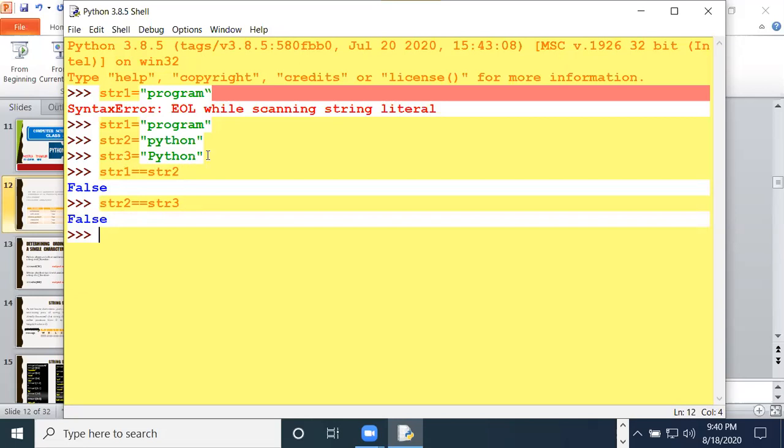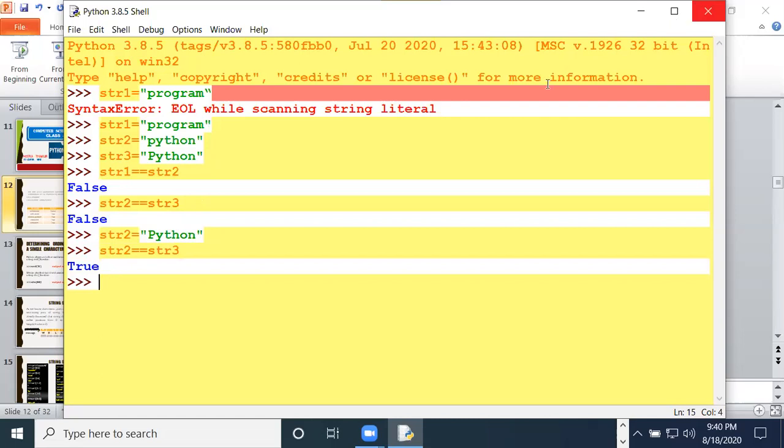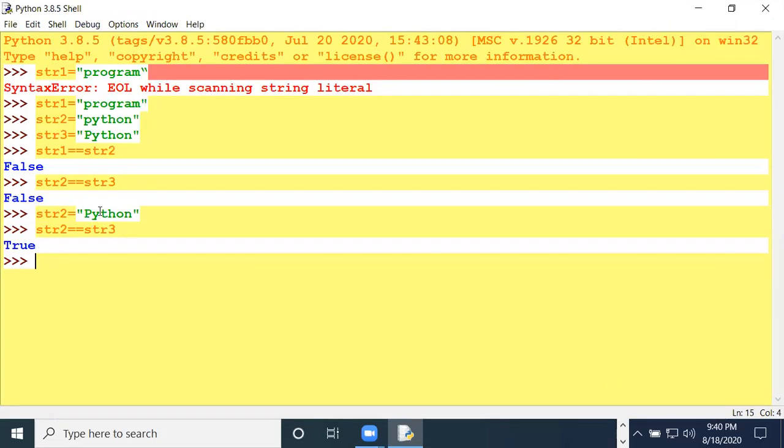See, I am changing again. In str2 I am changing Python to the capital. Now I am comparing str2 with str3, and it will display true. Why? Because both Python in str2 and Python in str3 are equal.